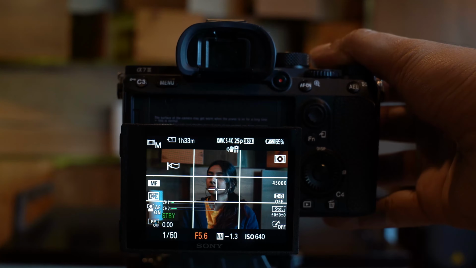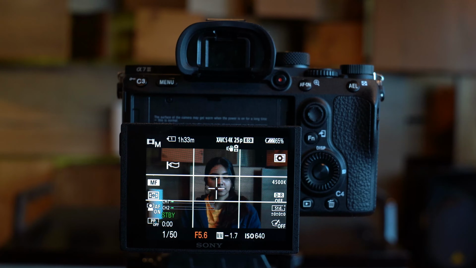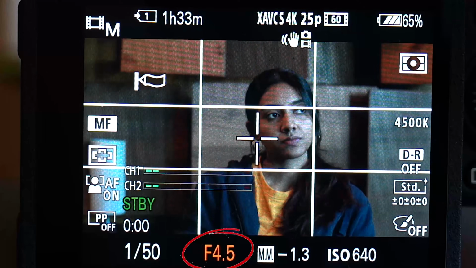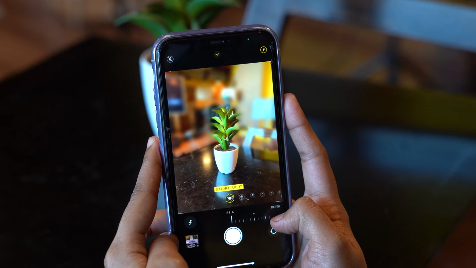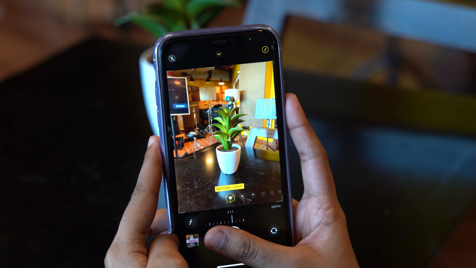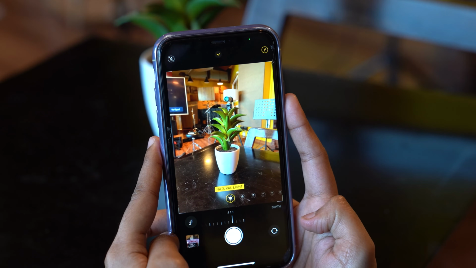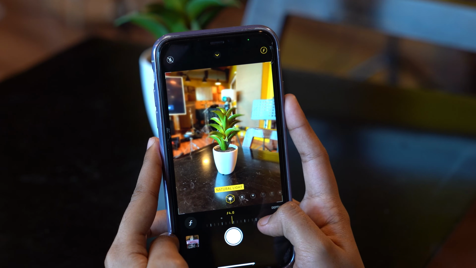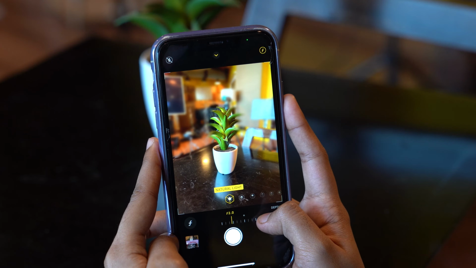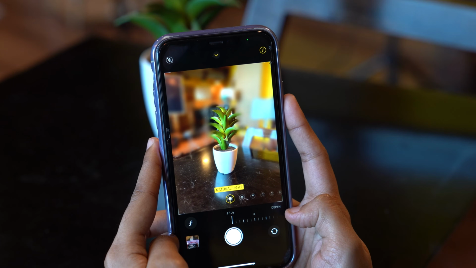Now let's quickly understand how you create deep or shallow focus in your shots by using the aperture settings in your camera. Your aperture settings basically denote the extent to which your lens is open to allow light to come in. It's usually denoted by an f-stop number such as f1.3 or f3.5. If you're completely new to using manual settings on your phone or your DSLR camera, all you need to remember is that the higher the f-stop number, such as f5.6, f6.3 or f8, the deeper the depth of field. On the other hand, the lower the f-stop number, such as f2.8, f2.2 or f1.8, the shallower the depth of field.